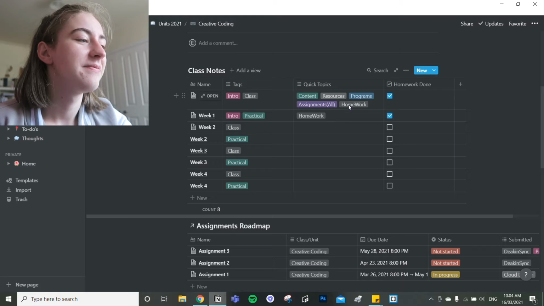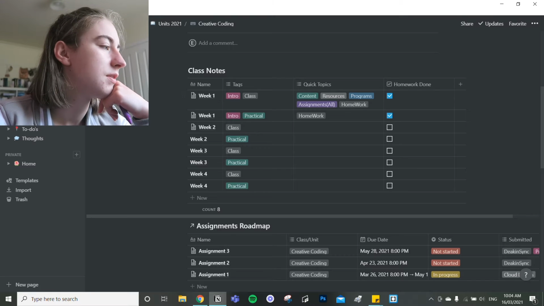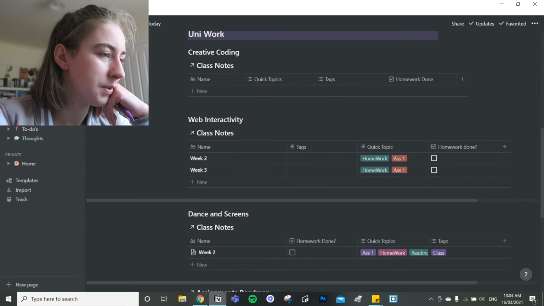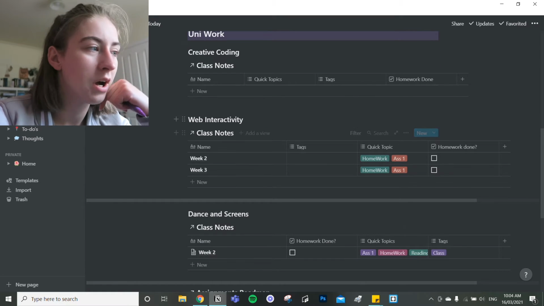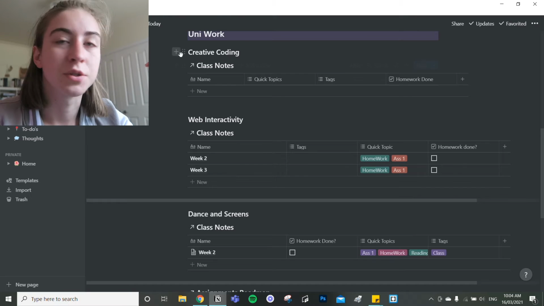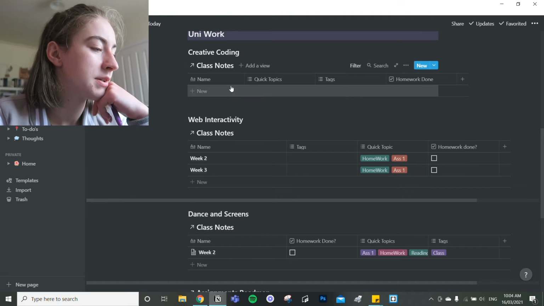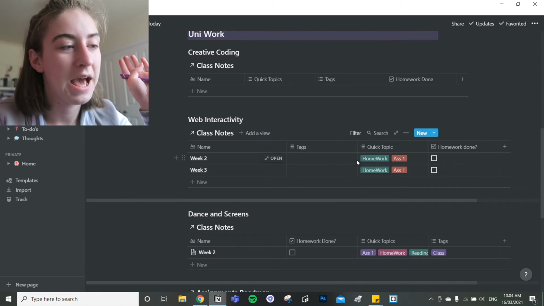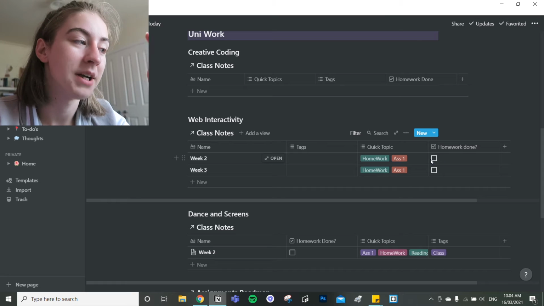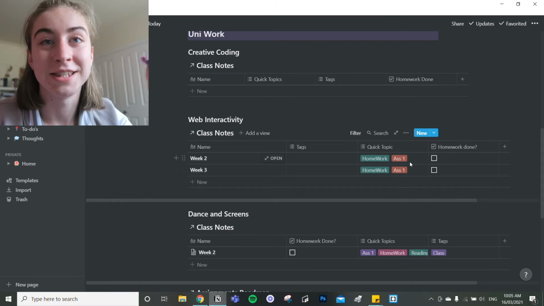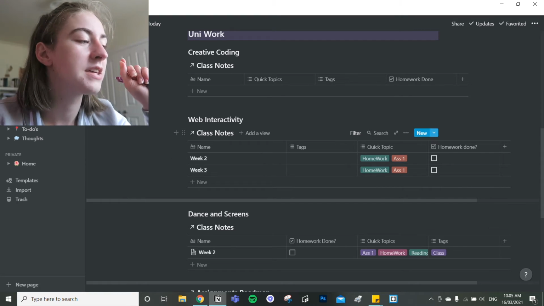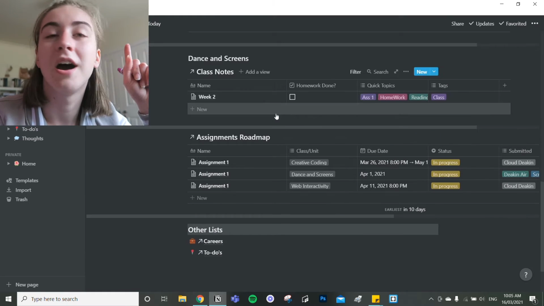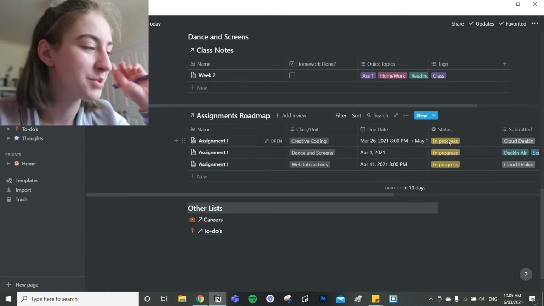As you can see here, I finished all my homework stuff for creative coding, but web interactivity has a homework tag and it's not ticked, and so that's why it is showing up here so that I can see it in my Today thing and do it.